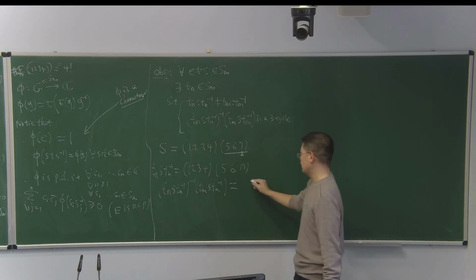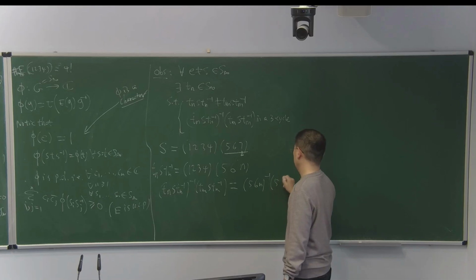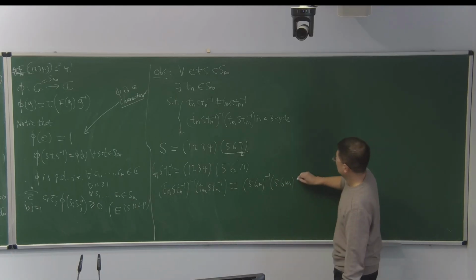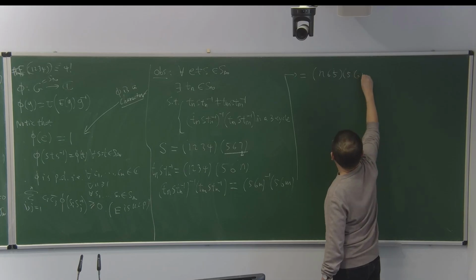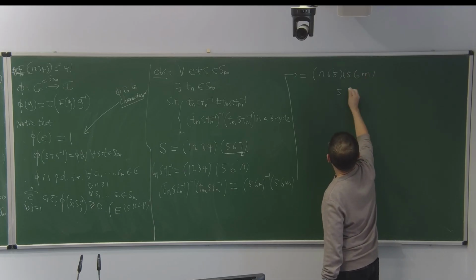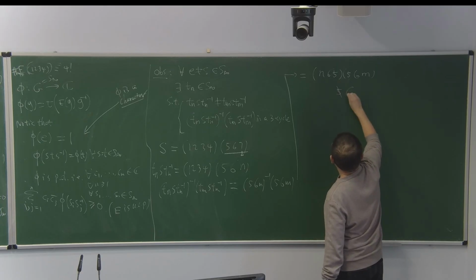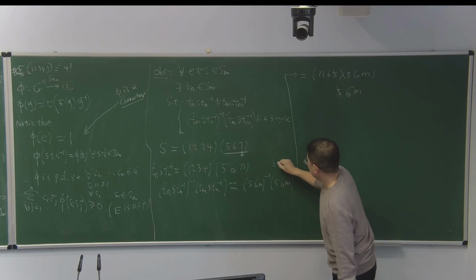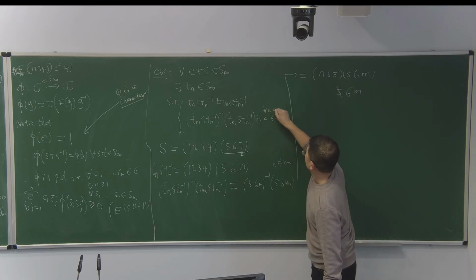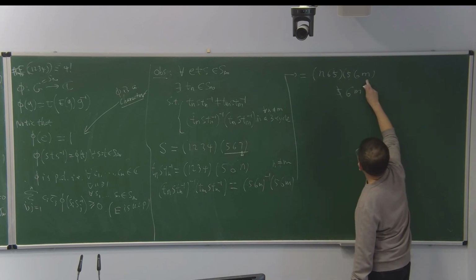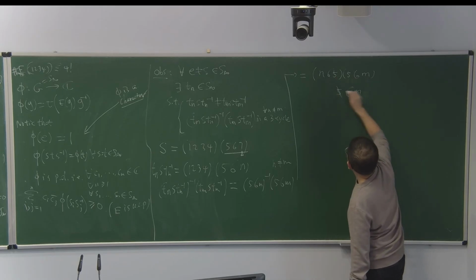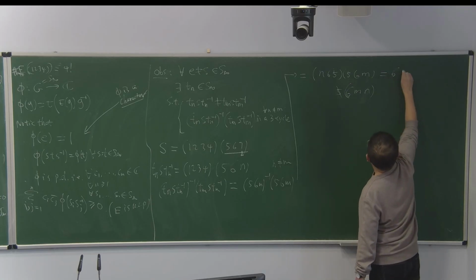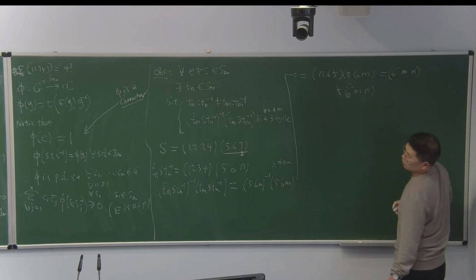Well, the difference is really just that you compute this product, which is (n 6 5)(5 6 m). So let's compute it. 5 is moved to 6, 6 is moved to 5, so 5 is fixed. 6 goes to m, with m not equal to n, this should be for any m not equal to n. So m is moved to 5, I think. Yeah, 5, sorry. Let's continue. 6 is moved to 5, m is moved to 5, 5 to n. So actually you get (6 m n), which is a 3-cycle.